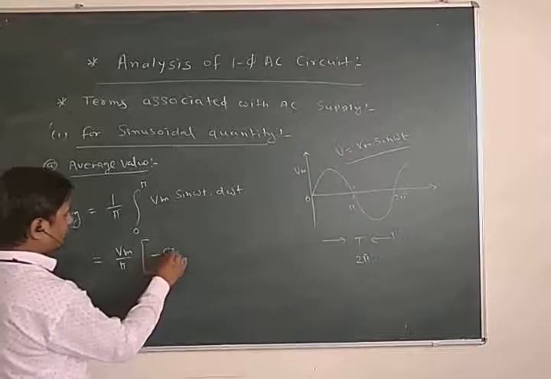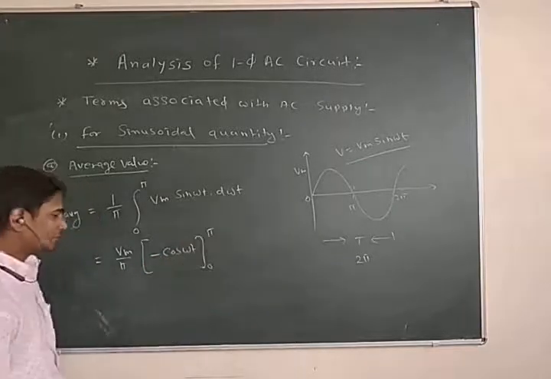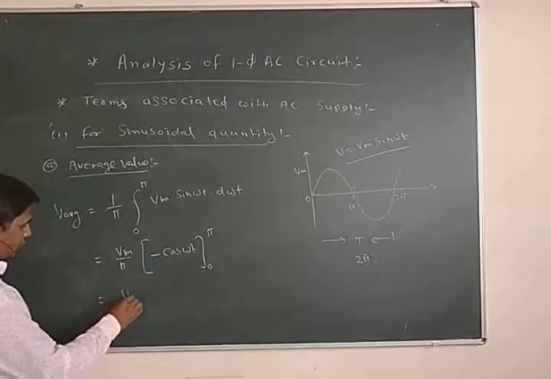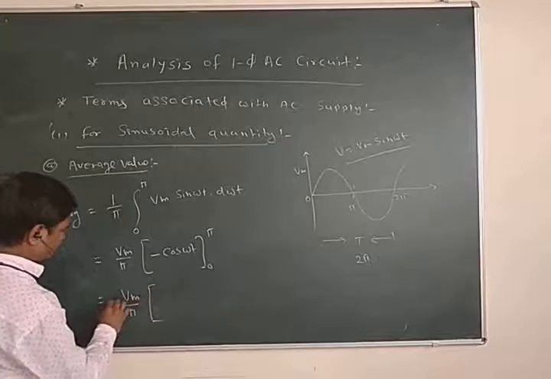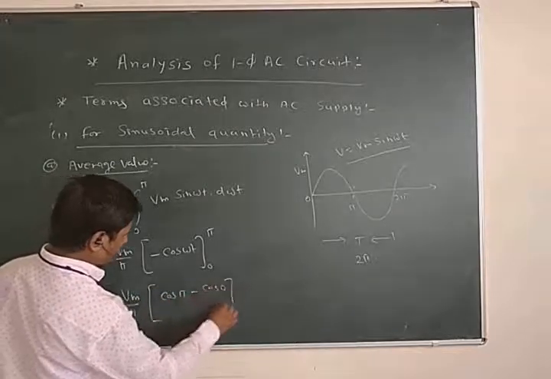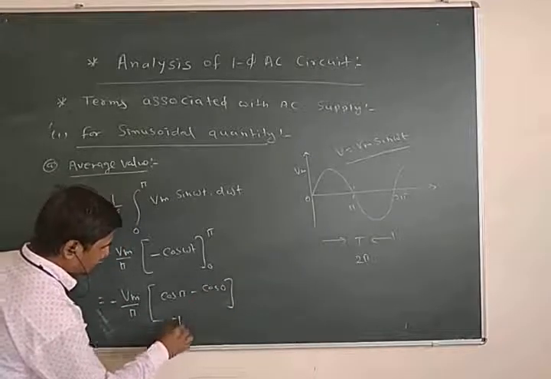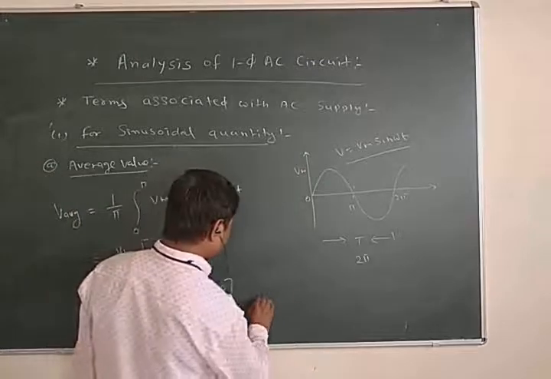Minus of cos omega t, limit 0 to pi. Now we put the value: Vm upon pi, minus cos pi minus cos 0. Cos pi is equal to -1 and cos 0 is equal to 1. So this value becomes